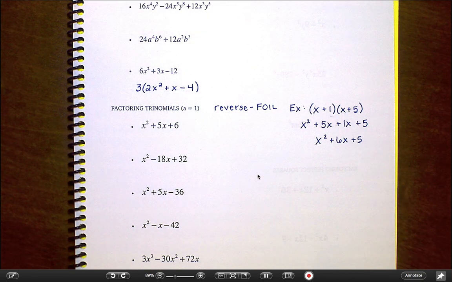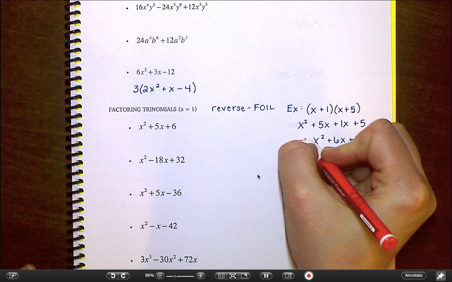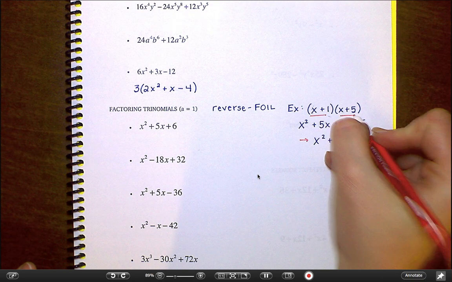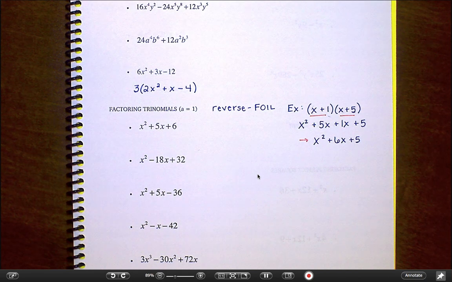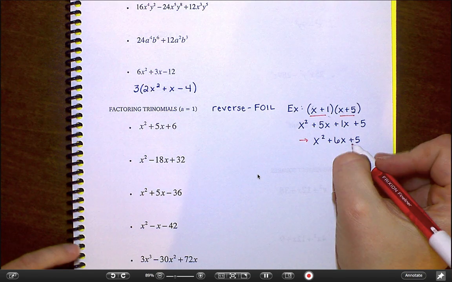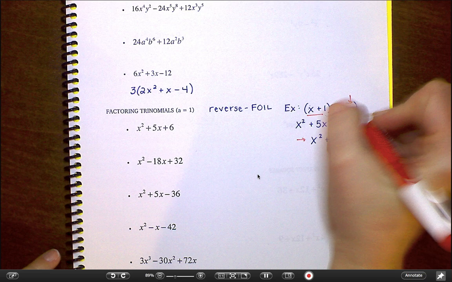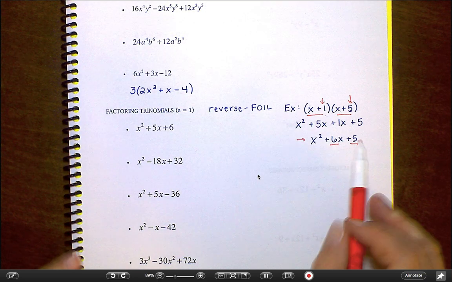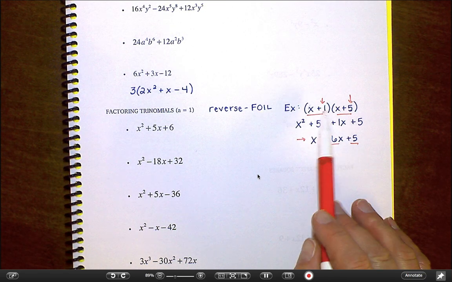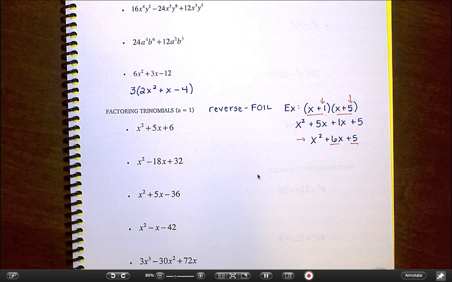What I'm looking at today is how do I start with something like what you see at the bottom of that example I just worked through and turn it back into the two parentheses. So how do I start here and come up with these two parentheses? What we're really going to be focused on is the relationship between these numbers and these numbers here. And maybe a 1 wasn't the greatest example, because that one I don't think is as obvious, but